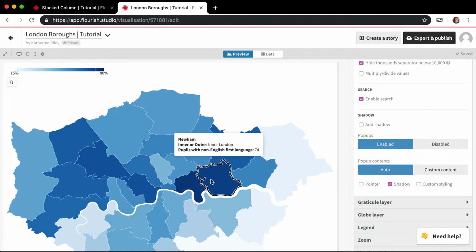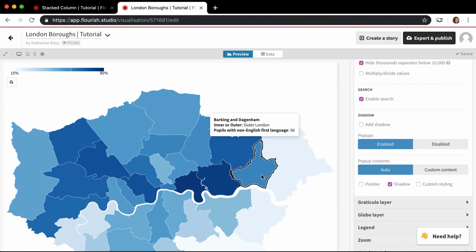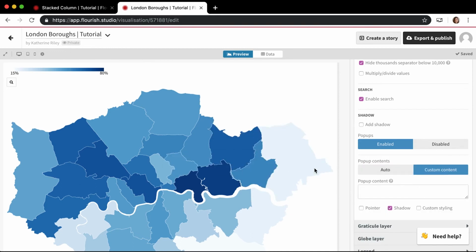But let's say, for example, that I actually didn't want the percentage, I didn't want the pupils with non-English language to be in the pop-up at all. Because the automatic pop-up will always put that in there. To do this, you need to use this custom content option. So if I kind of want to recreate this with just the custom content, but without the pupils percentage, what I would do would be to use the custom content